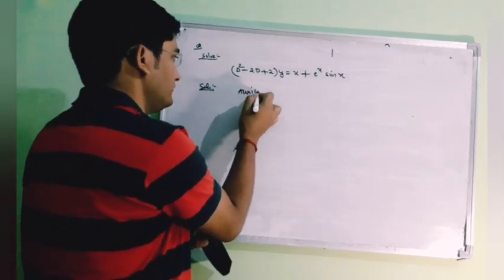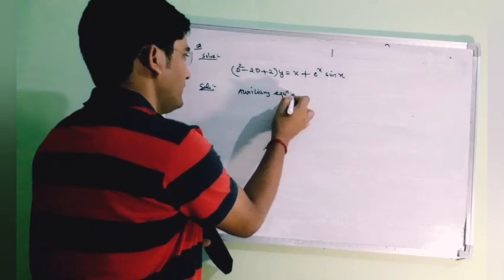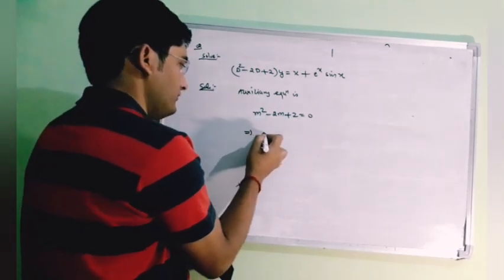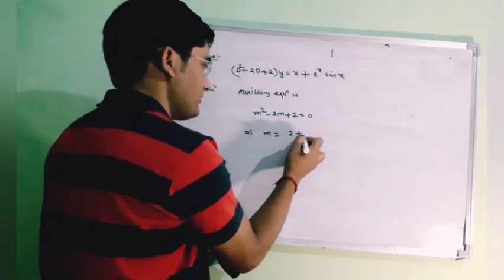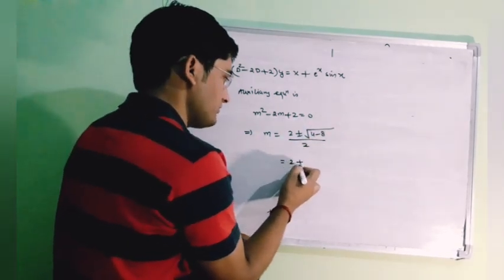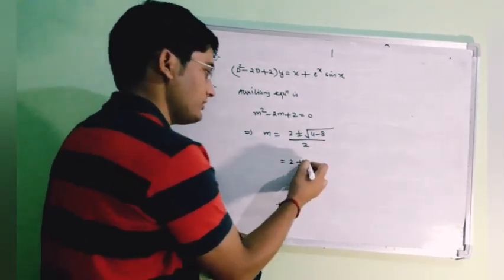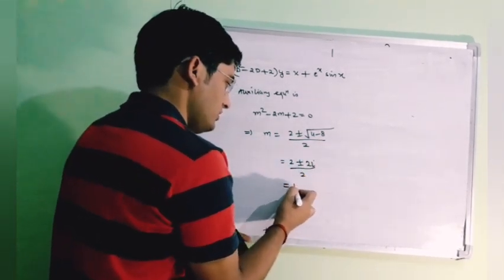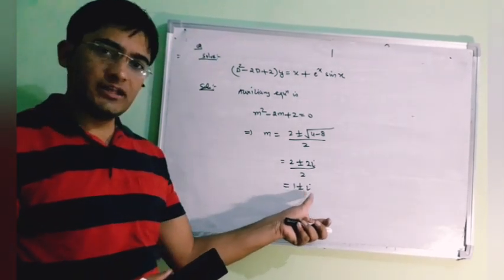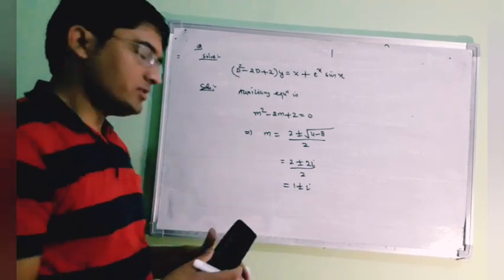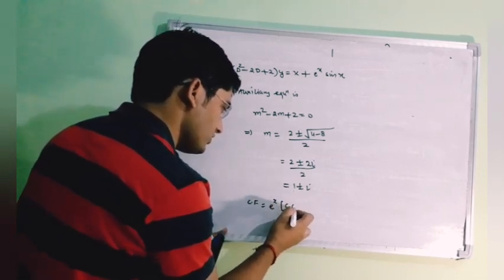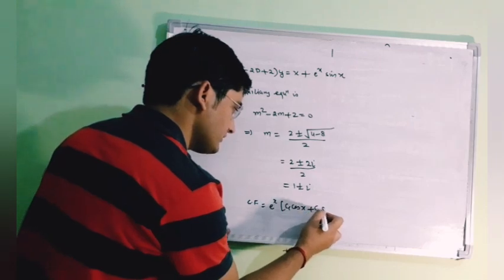your auxiliary equation is, for auxiliary equation we will replace our D by m, so this is equal to 0, and from here we will have m equal to minus b plus minus square root of b square minus 4ac divided by 2a, and this is equal to 2 plus minus, this will be minus 4, and square root of minus 4 can be written as 2i, divided by 2, so this will be 1 plus minus i. So your m is alpha plus minus i beta. Here your alpha is 1 and beta is 1, so your complementary function will be e to power alpha x, alpha is 1, (c1 cos beta x, beta is again 1, plus c2 sin beta x).